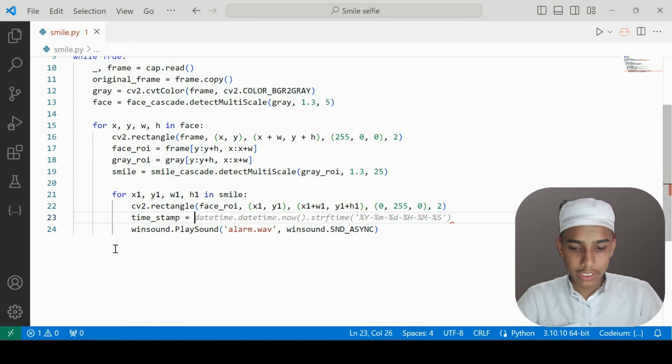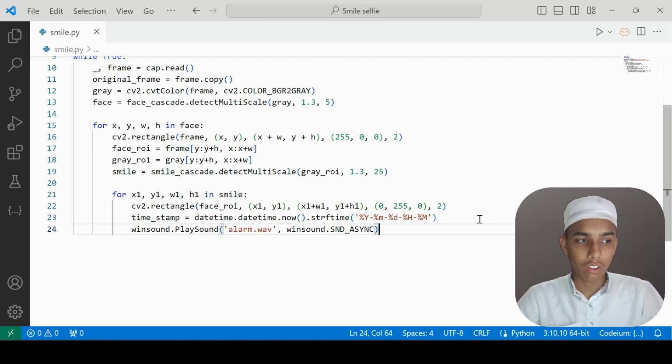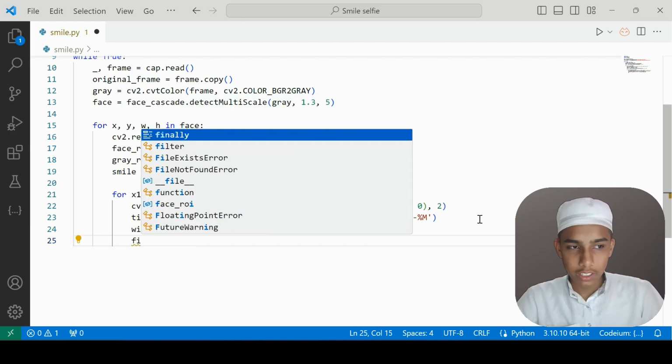So I'm going to give it the timestamp, date dot datetime strftime. Then I have given here the year first, then month, then day, then hour, then minute, then seconds. I think seconds is not needed, so I removed them. But yeah, if we need it, we can give it later on. Okay, so I'm going to give here the file